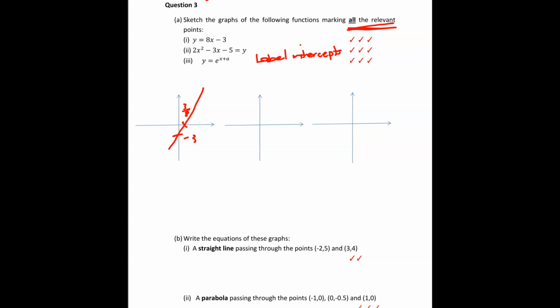The second one must be a parabola. This must be a parabola because it's got x squared. So it's not a straight line. Several of you did this as a straight line. And the other thing that a lot of you did was plotted. You drew up a whole lot of points and plotted them. No, it says sketch. So all you have to do is find the shape, mark off the intercepts, and then